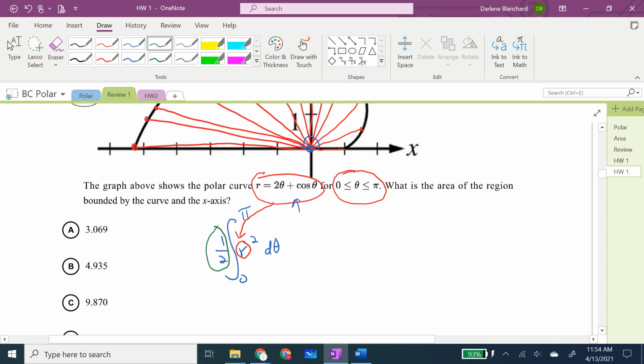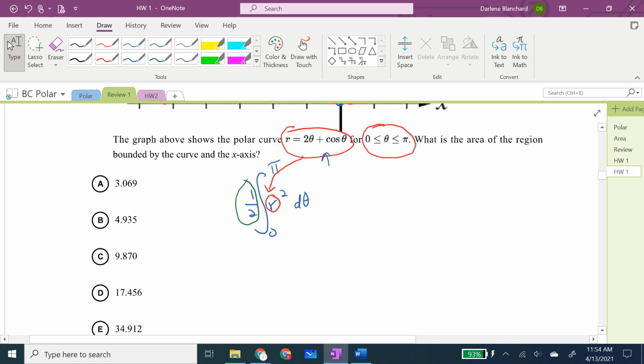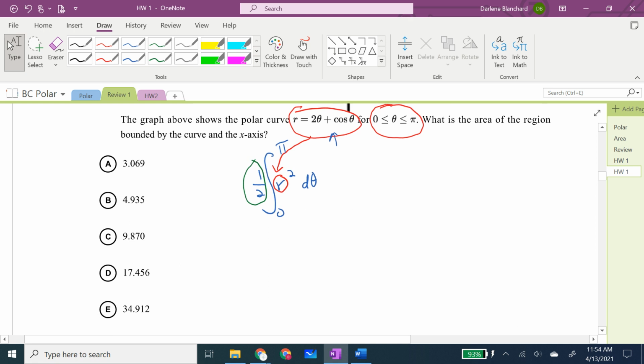A lot of times people will forget the 1/2 with this area formula. So the theta looks like a 0, or my theta looks like a 0? Or I don't know. But it can help a bit to be aware of what you think they might trick you on. If you realize that they're probably going to trick you with that,